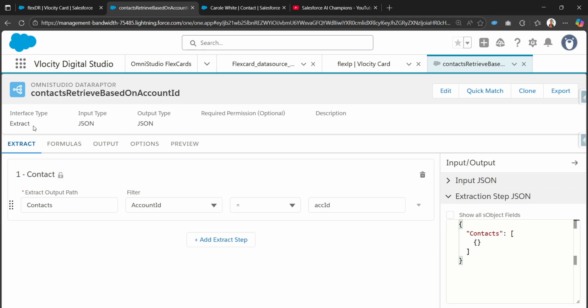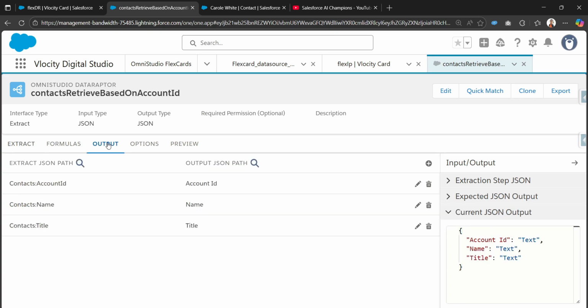So this is an extract DataRaptor, and I am just retrieving contact records based on the account ID. This is the account ID that will be provided as an input, and based on that, the account ID will be matched with the standard account ID field of the contact record, and we can retrieve the contact records which are associated with an account ID. And I have added a few mappings for the contact records that we want to fetch, like